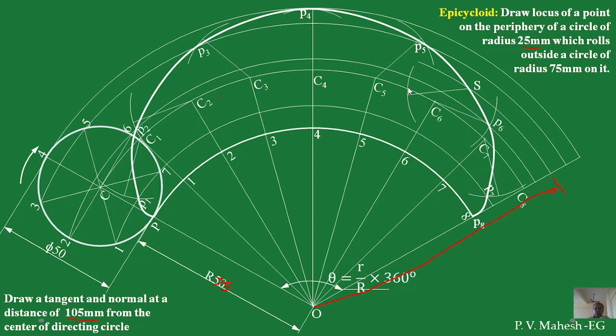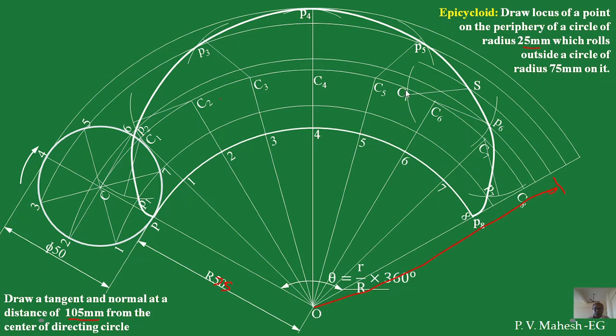So what am I cutting? I am cutting the center line. I am marking it as CT, the center for obtaining the tangent and normal. So I am giving CT. Now from C, what I have to do? I have to draw a normal. So what is the normal for this circle?